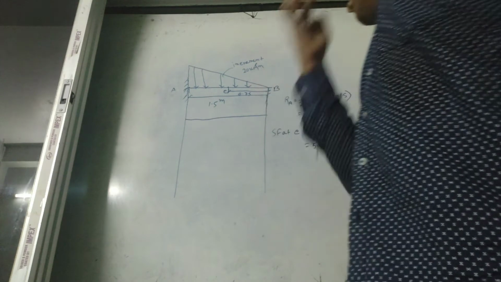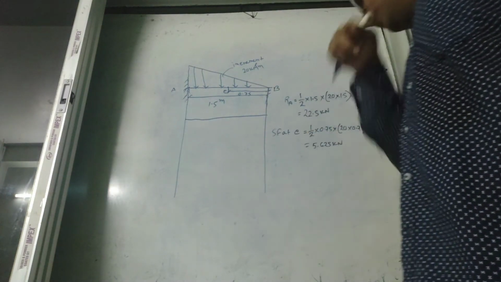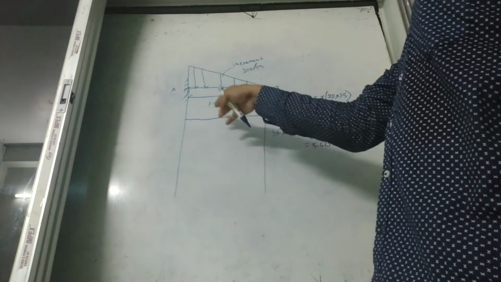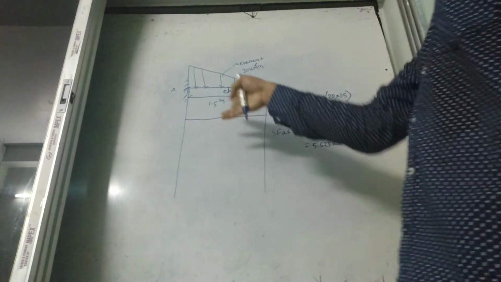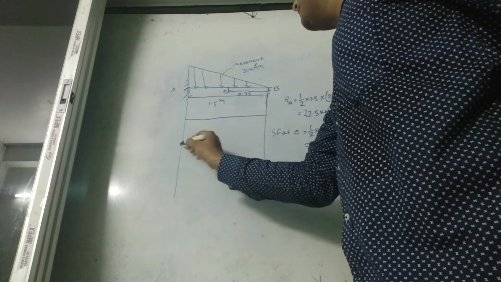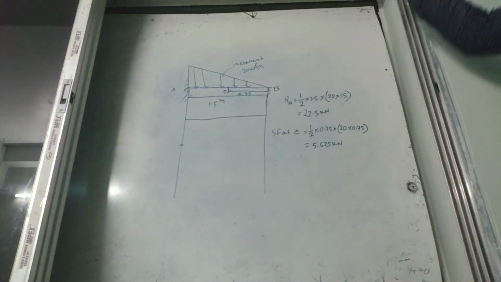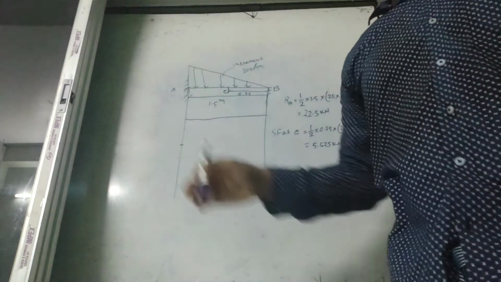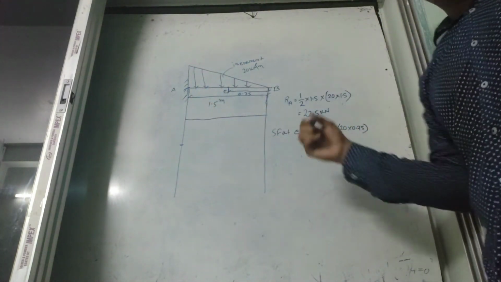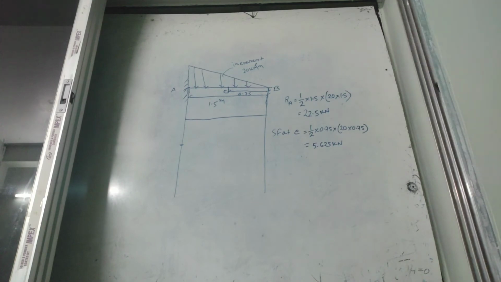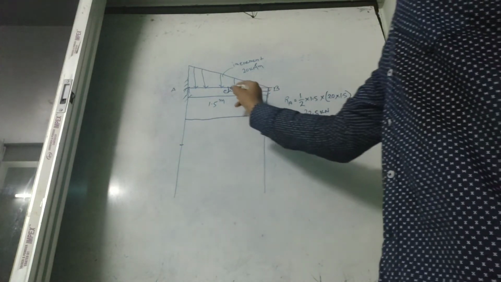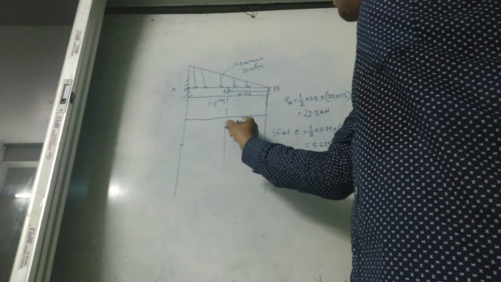So if we draw the shear force diagram, what will we take, positive or negative? If you tell me a positive sign convention, then positive. If we go for the negative, which is suitable for us. Okay, so 22.5 will be the maximum, with negative sign. I will go for the negative sign convention. The force which acts from upward to downward will be negative, and the reaction which gives the downward is positive. In my mathematical solution, I will go for this sign convention. So RA equals 22.5, and the shear force at C is less, 5.625.